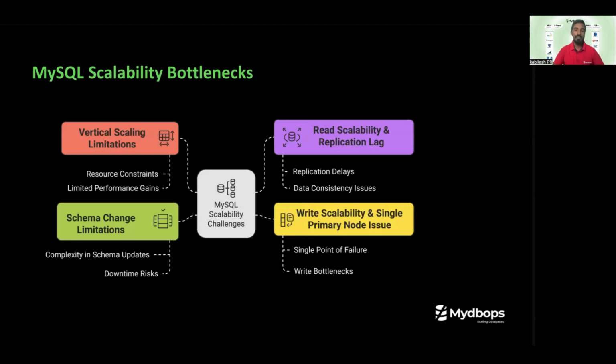And the last and final point, the major point, is the write scalability issues. Whether it's a master or replica architecture or an InnoDB Cluster, it is always recommended to have a primary writer. That means in all cases the writer will always be a single node, leading to a single write scalability bottleneck, and also a single point of failure when it comes to high availability of the master. Next, we'll discuss how these scalability issues are addressed by TiDB.